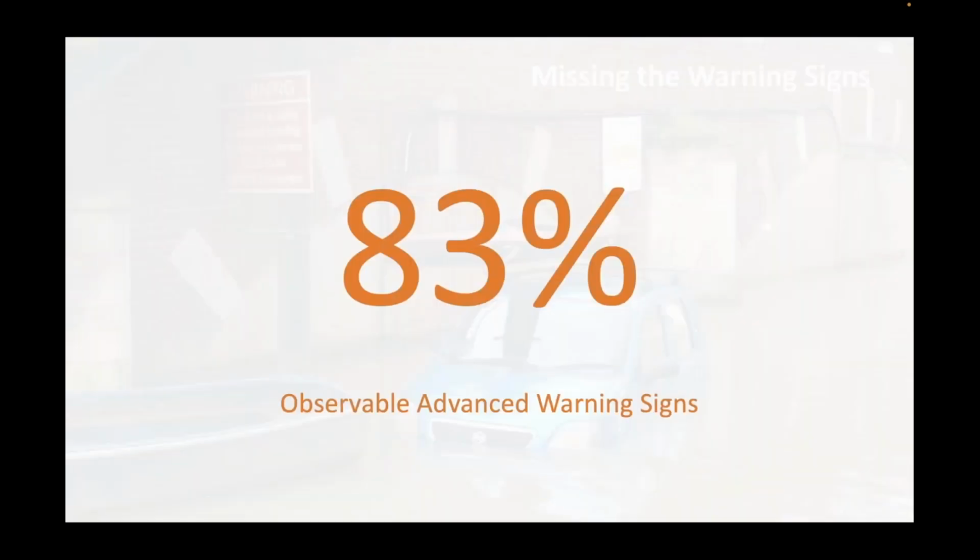In fact, in as many as 83% of the attacks that we investigate, bearing in mind there is such a high proportion of attacks where the cyber criminals will delete data, we can still point to at least 83% of attacks where we can see that an organization has been sized up by the cyber criminals. The cyber criminals have moved laterally before actually launching an attack. And if only we'd spotted those things, or the defenders had spotted those things, then maybe they could have reacted earlier